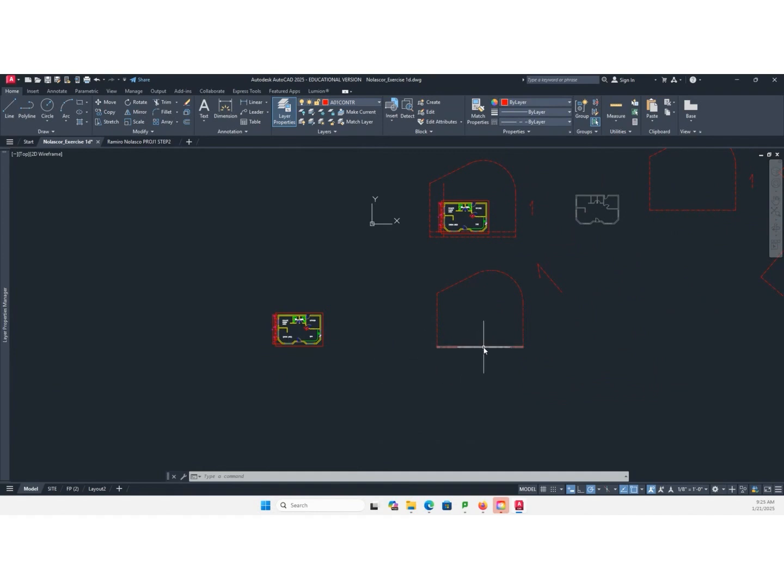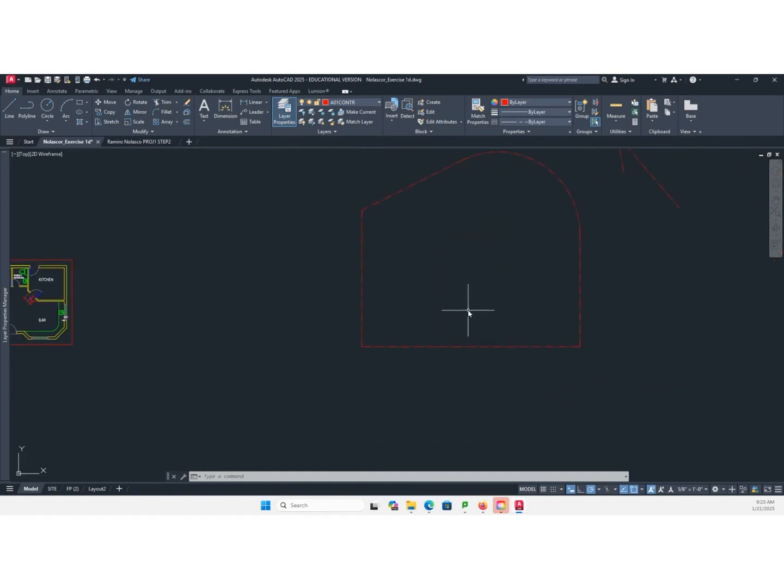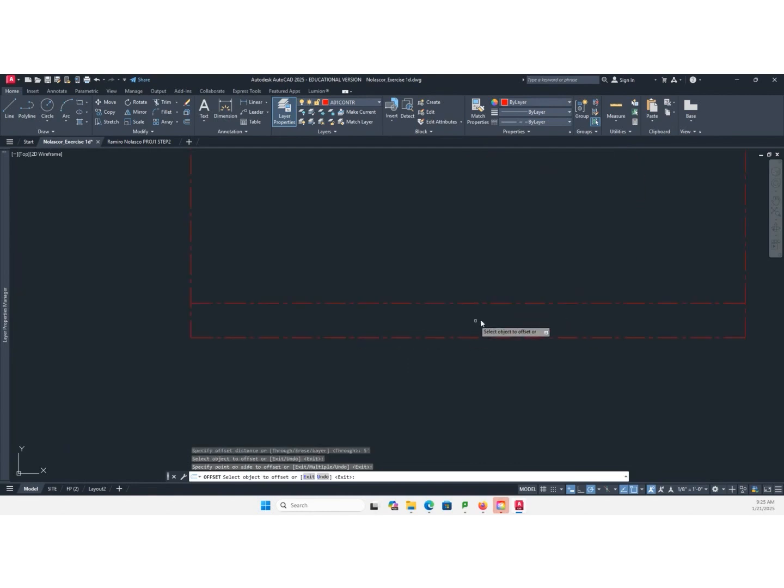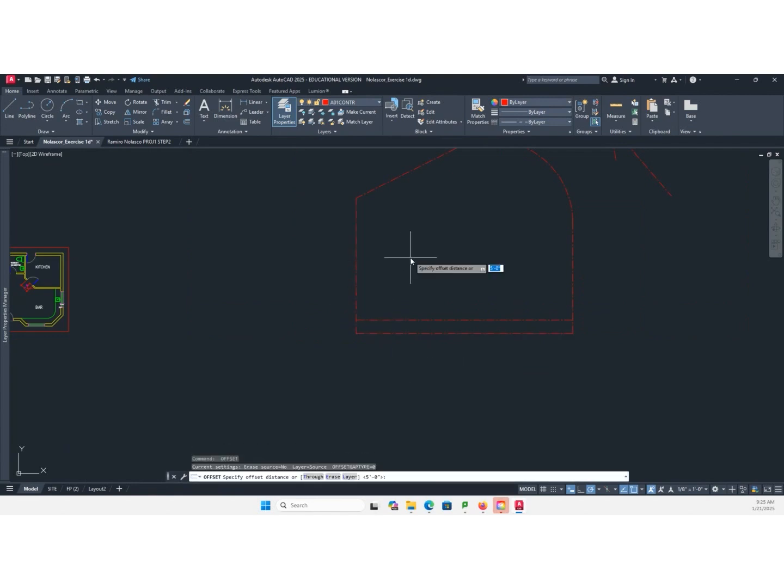So the setback, the buildable area for this exercise, is 5 feet from the road. Let's just say this is the road. So offset by 5 feet. You cannot build within this area. Likewise, the setback from this property line is 10 feet.